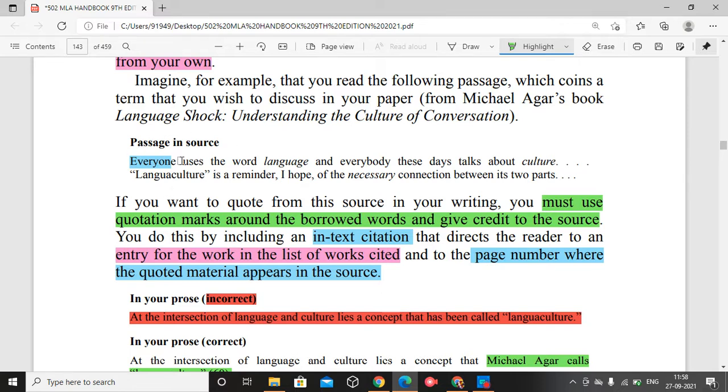We know, everyone knows, that it's not your own, because there is a person behind that, a brain behind the coining of the term maybe. So here you have to use quotes. You cannot use it as a common word, common knowledge. Language is not such a term, but language culture is something different.